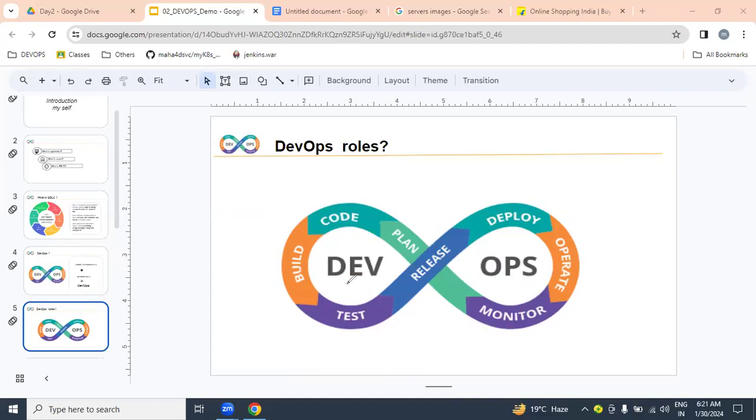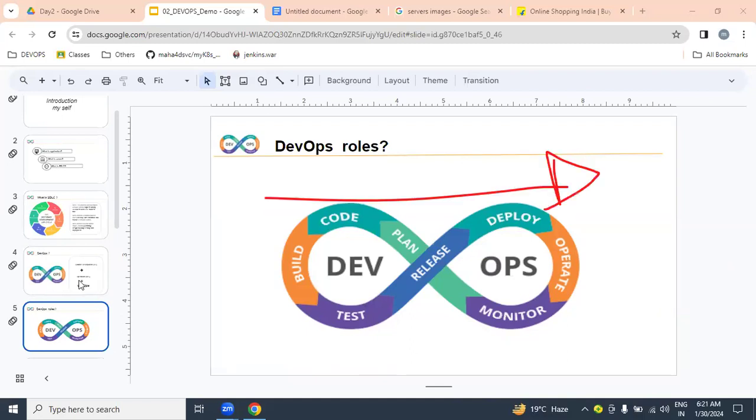But tell me, is DevOps a technology like Java, .NET, Python? No. DevOps is not a technology. DevOps is a process.